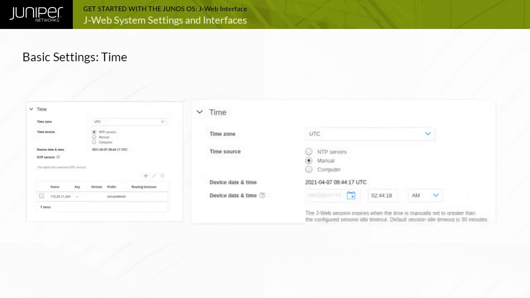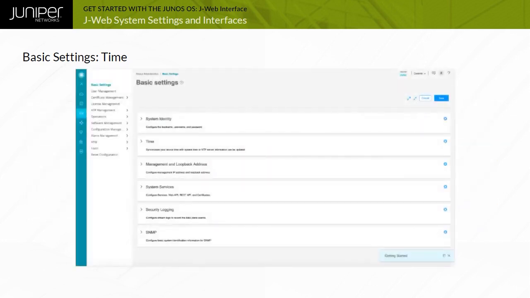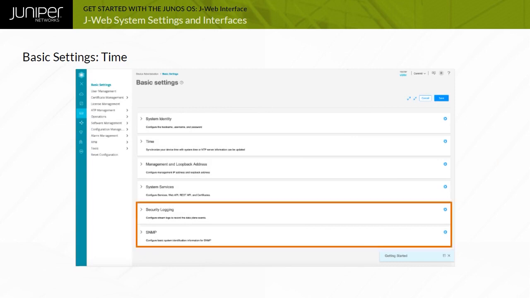The Time section enables you to either specify Network Time Protocol, or NTP, servers as the time source for the device, sync the device to the time of the computer, or set the date and time manually. Note that when the time is changed manually, the JWeb session times out, and you need to log in again to the JWeb. There are several additional configuration sections in the Device Administration Basic Settings page, such as Security Logging